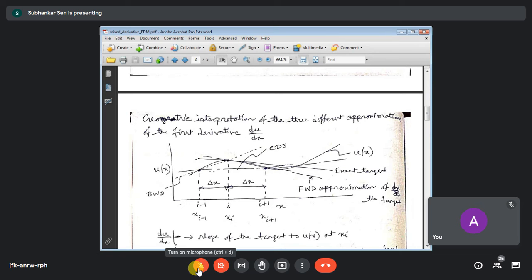Then when we go for the backward difference formula, we have to consider the point i and point i-1. These two we join by a dotted line, and you see that this is the approximation for the exact tangent. So the exact tangent is represented by this forward difference straight line and this other straight line. These are also some kind of tangents, but you can see that both of them are away from the exact curve. Then when you go for the central difference formula, we are finding du/dx at point i.